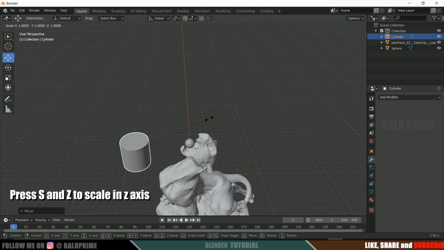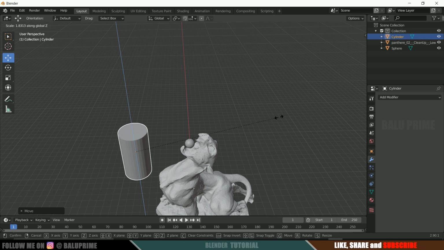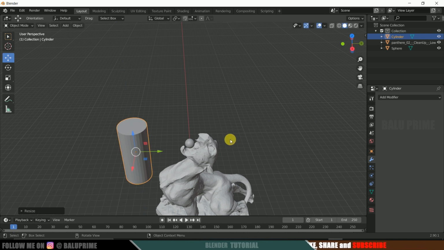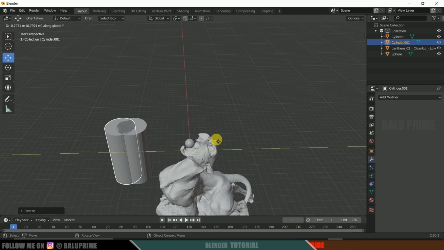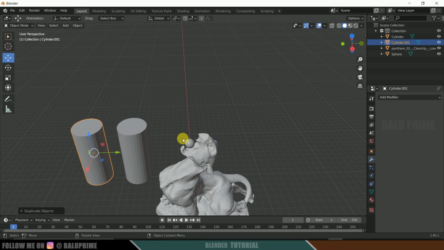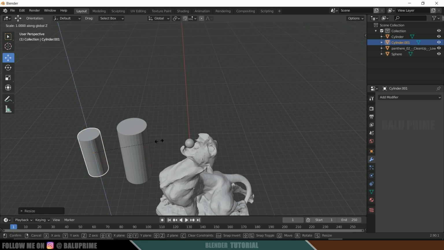Press S, Z to increase the scaling in the Z axis. Now hold Shift D to duplicate, press Y to move it in the Y axis. Now press S and reduce the scaling of this. Press S and Z once again to increase the scaling in the Z axis.